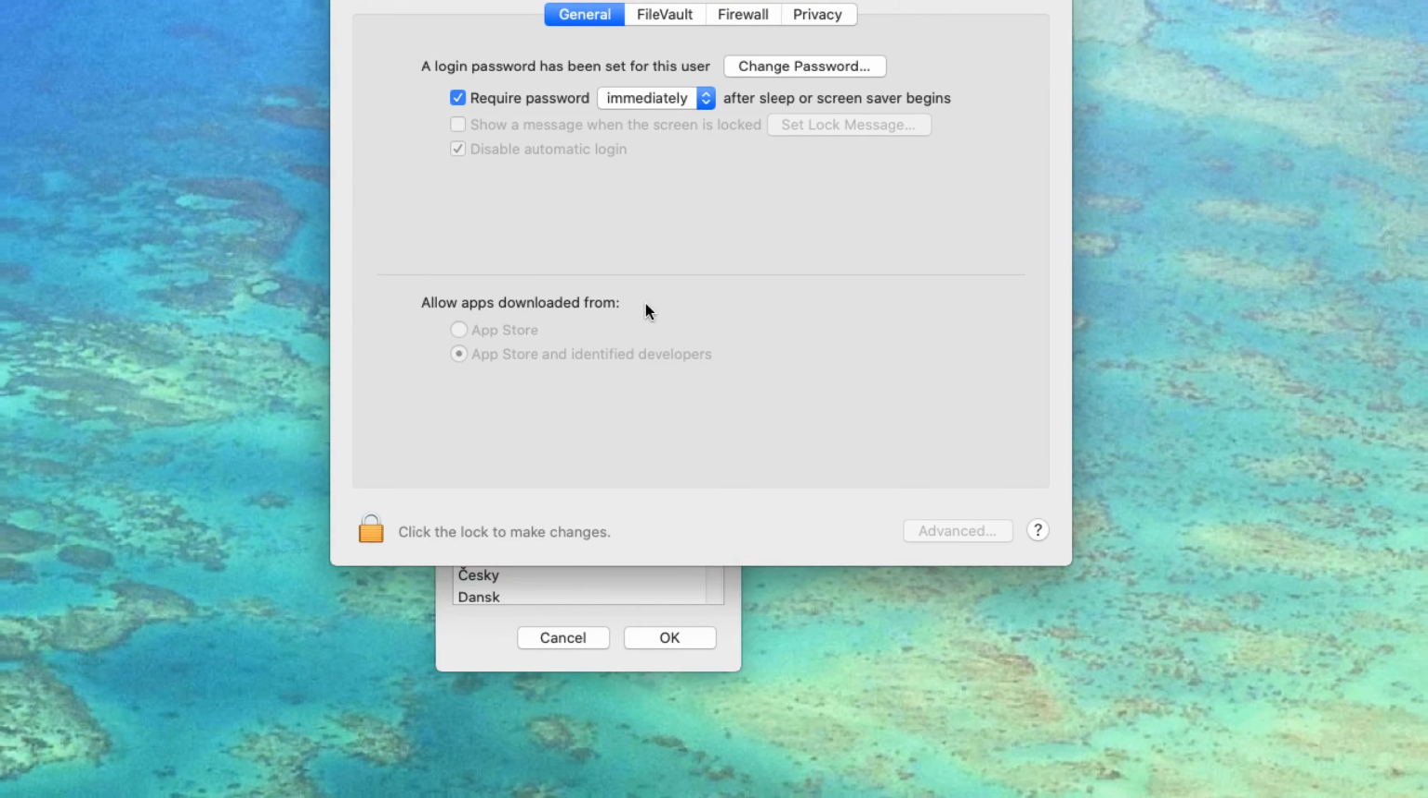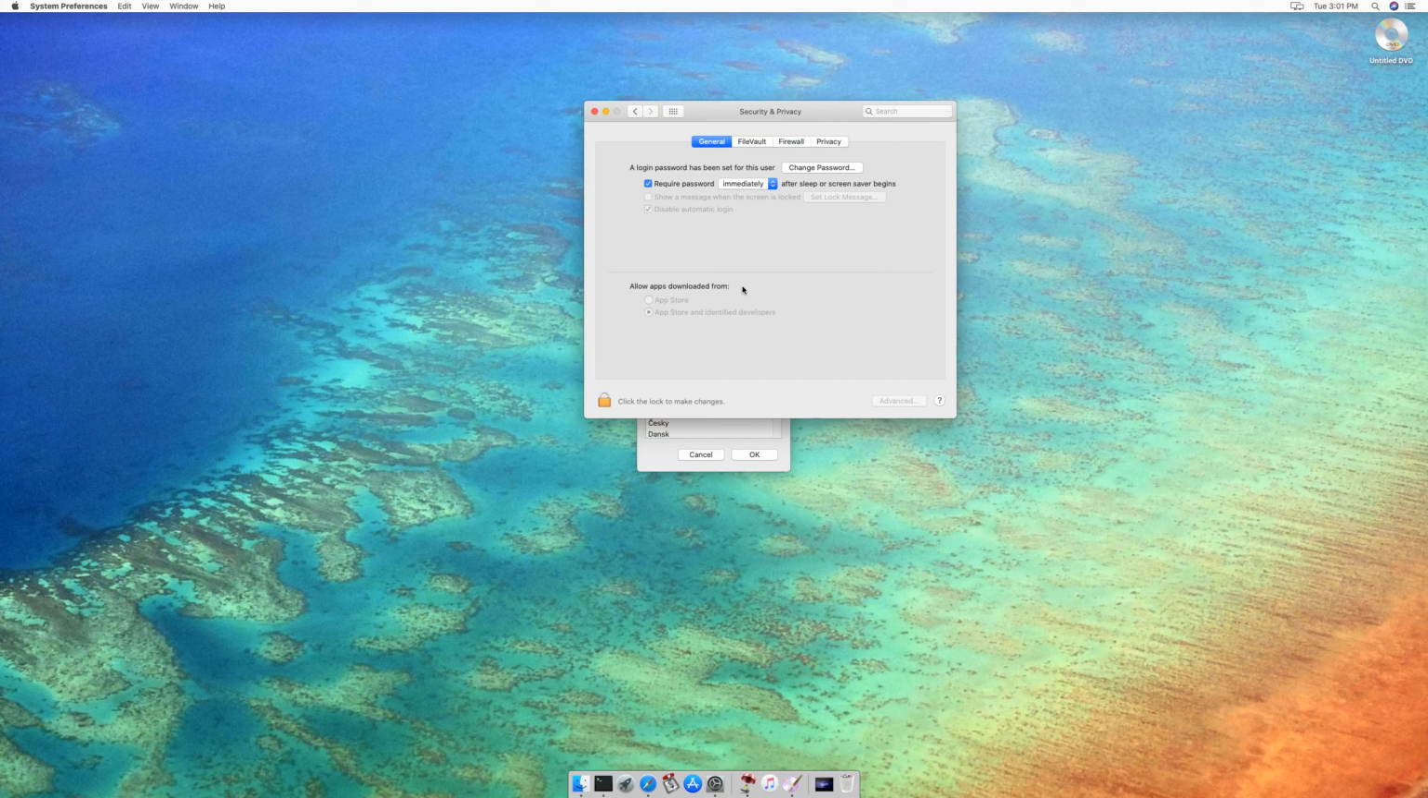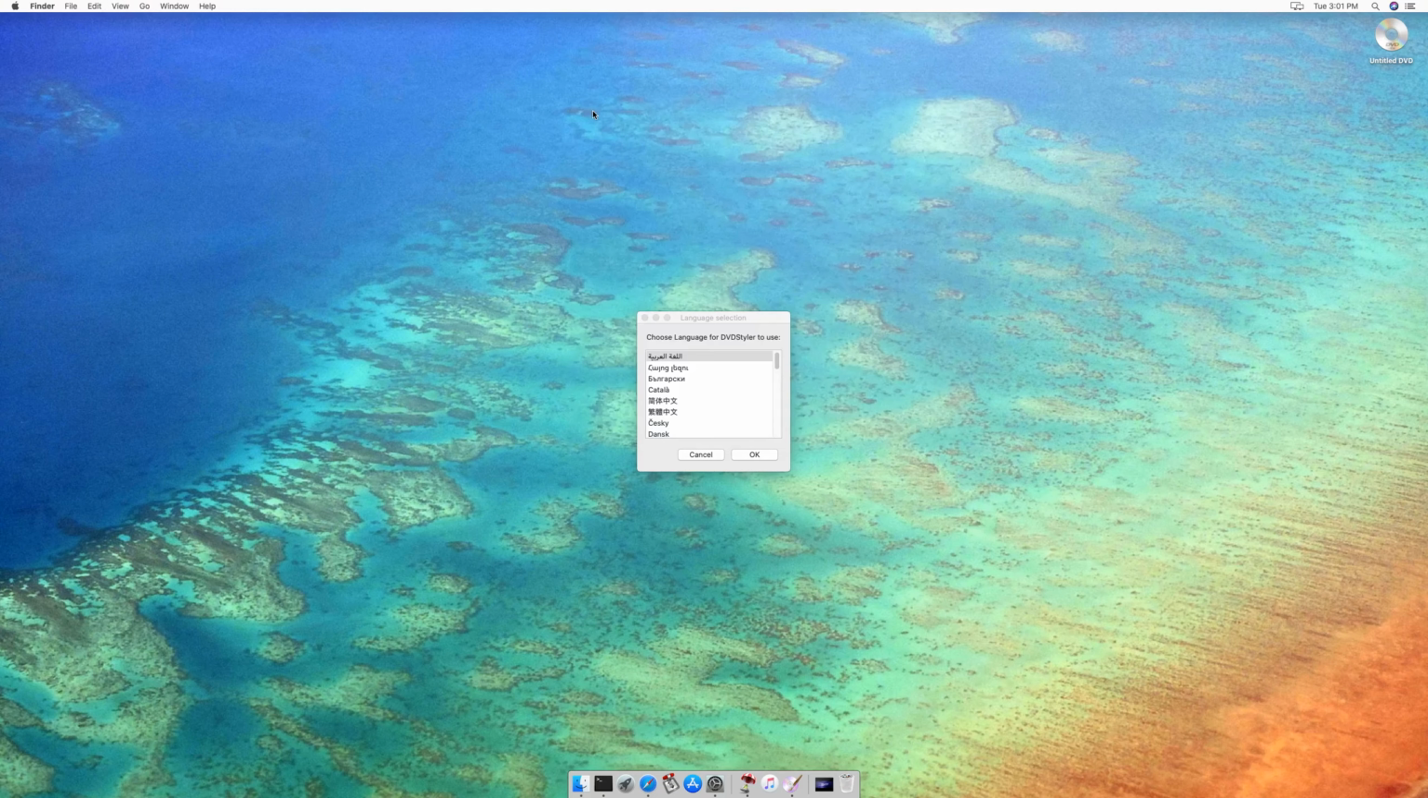And I'm going to zoom back out. And after a few minutes here, DVDStyler will come up, will start up. And so it's started now. It's hidden behind this security and privacy panel. So I don't need this security privacy panel anymore. So I'm going to close this, and I'm going to see the very first screen that I see the first